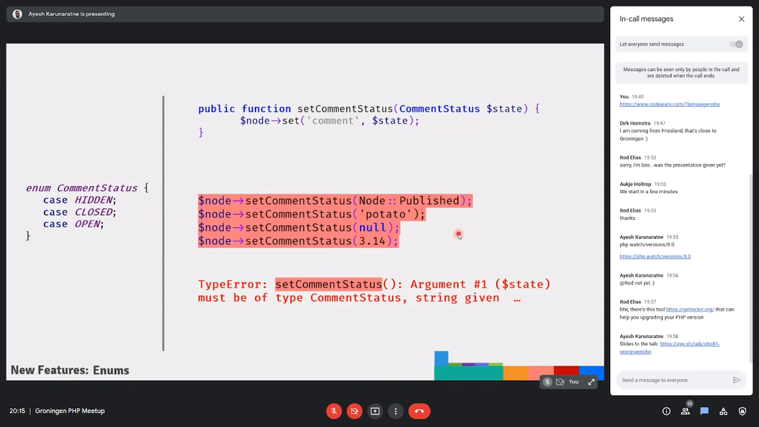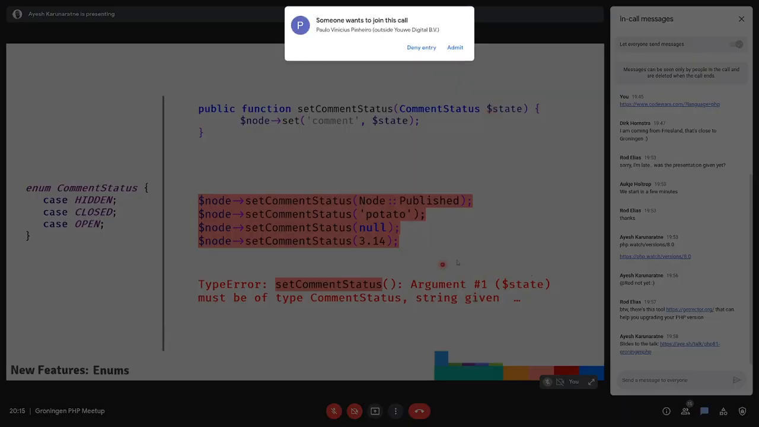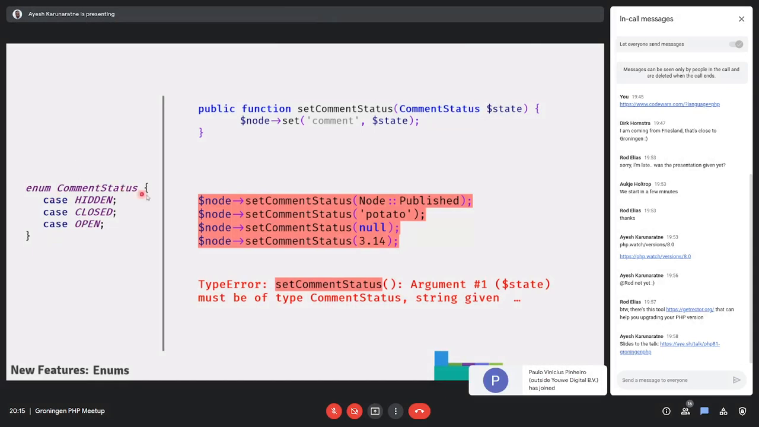You cannot pass null values. You cannot pass float values. In all of these cases, PHP will throw a type error saying this function, the argument 1 state, must be of type comment status, which is here. So this is the useful part of enums, as in we don't have to do any validation. PHP will do the validation for us. This makes the code safer. In case you forgot to add this validation, PHP will do this job for us. So PHP will make sure that every time someone passes a value, this is one of the valid values that